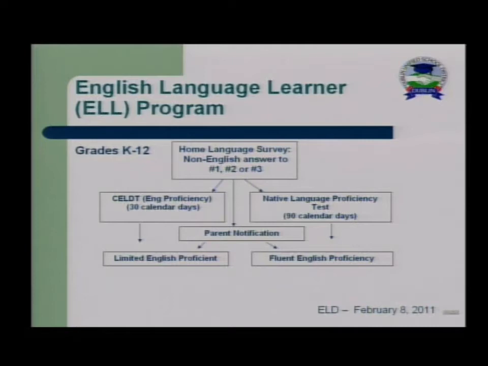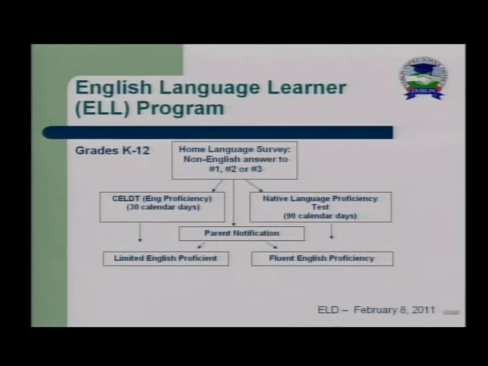After taking the CELL test, we analyze the results. If the results indicate that they have scored in the highest 2 levels, early advanced or advanced, they are deemed to be initially fluent English proficient, and they are put into the mainstream population of the particular school that they enrolled at. If they do not score in the highest 2 levels, they are considered an ELD student at that